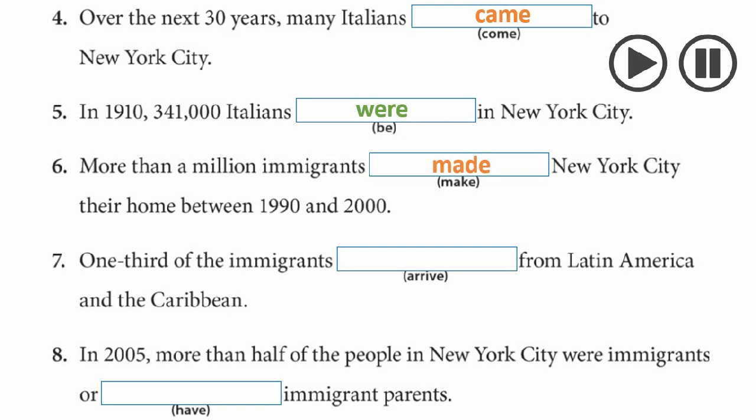Number 7, arrive. Arrive is a regular verb, so we just simply add a d at the end. And number 8, have is a very important verb in English. It's also irregular,